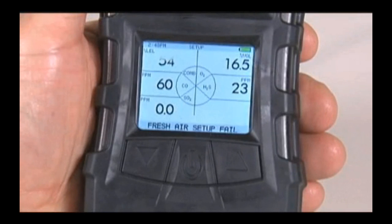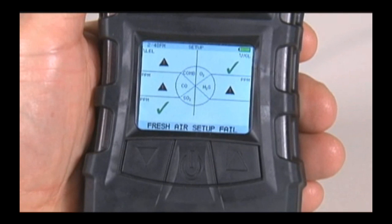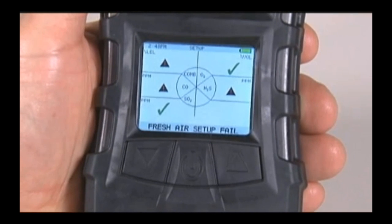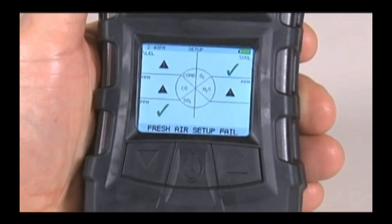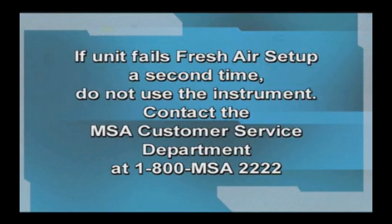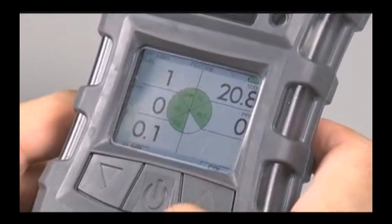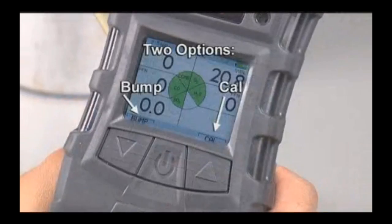If a sensor's 0 point falls outside the preset limits, the display identifies the faulty sensor. If the instrument fails a fresh air setup, repeat the process. If it fails a second time, do not use the instrument. Contact the MSA Instrument Service Department at 1-800-MSA-2222. If the instrument passes the fresh air setup, it automatically returns to measurement mode and presents two options: